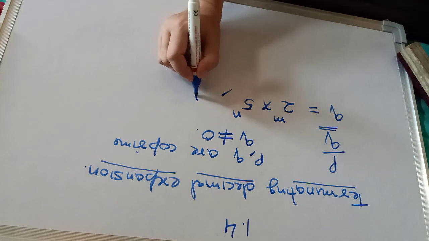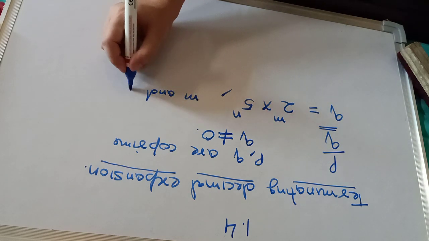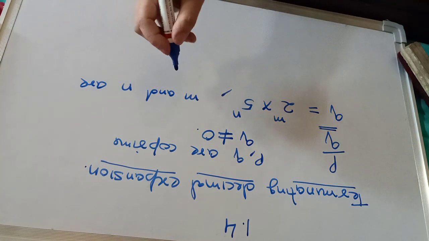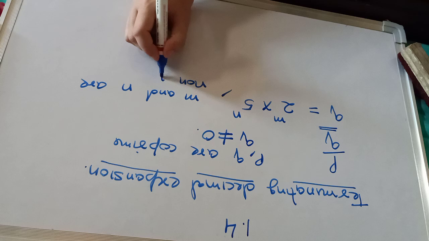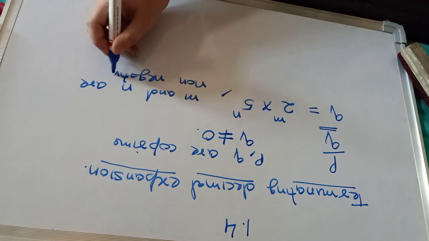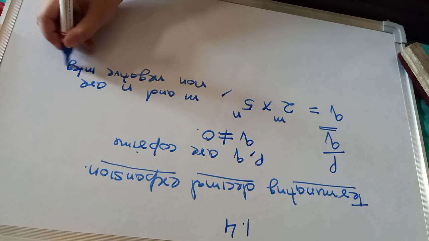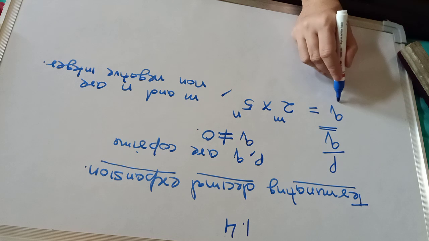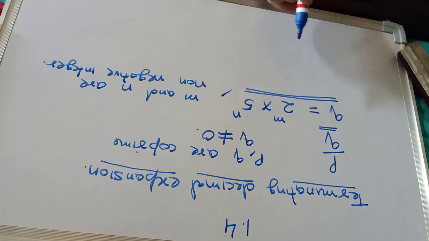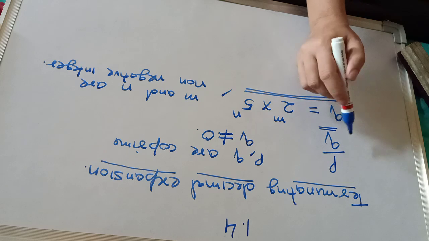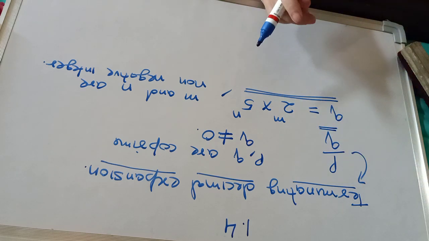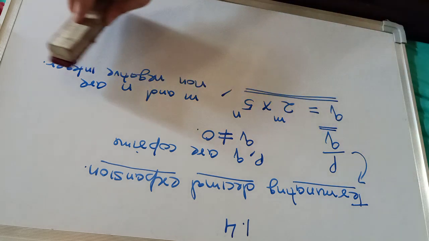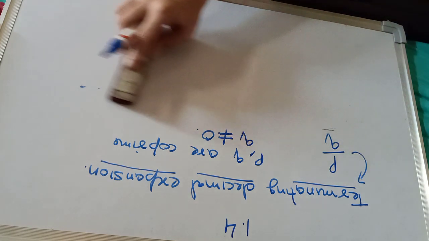What about m and n now? m and n are non-negative integers. They shouldn't be negative. Clear? Then if q has factors of this form, only then p by q has a terminating decimal expansion. Otherwise, it has a non-terminating but repeating decimal expansion. So let us start. Your very first question is